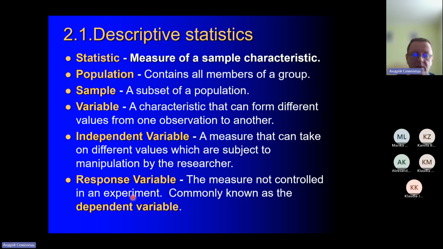So here time will be an independent variable. And response will be those measures not controlled, but just the results of the variable we are interested in observing and evaluating,